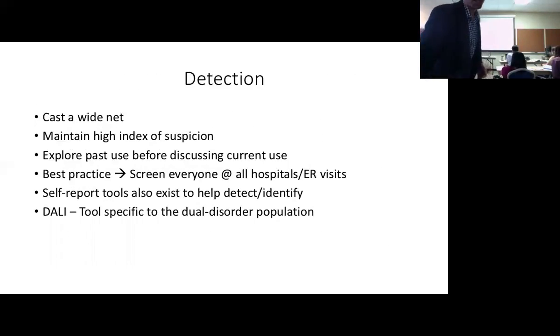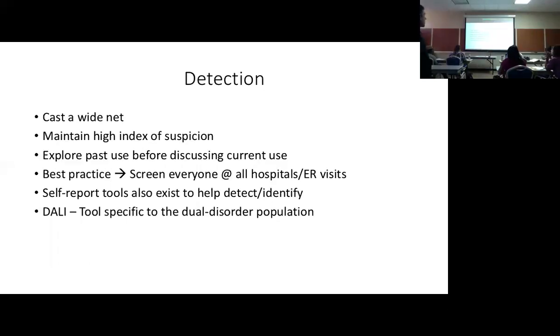Okay, detection. So, I'm just going to stay back here while I lecture. We talked about casting a wide net, that you should maintain a high index of suspicion. So, what does that mean? Be naturally suspicious. Assume that people are kind of holding back from you, and that you should go a little deeper. This was brought up by somebody earlier when I asked a different question,